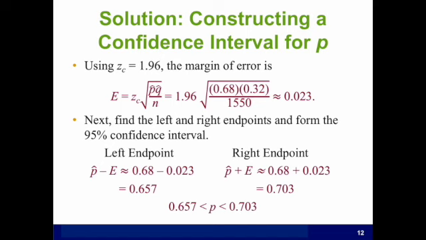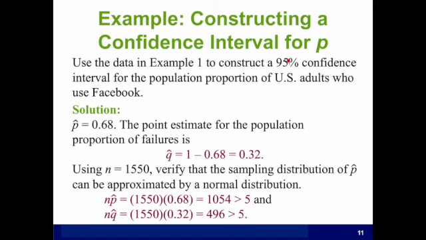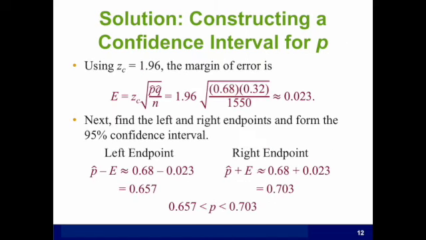If the level of confidence is 95%, we know that the critical value for 95% is 1.96, right? We did this several times in section 6.1. Then we calculate the margin of error by just replacing the values into the formula. So it will be 1.96 times the square root of this product here. If we calculate this, we get